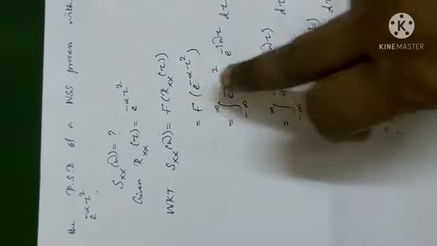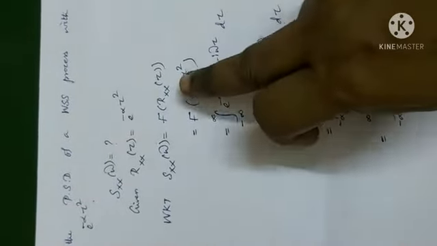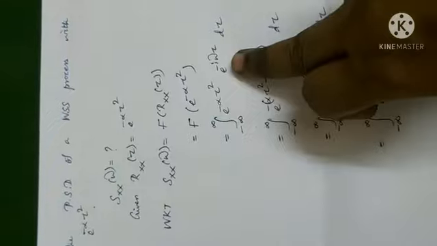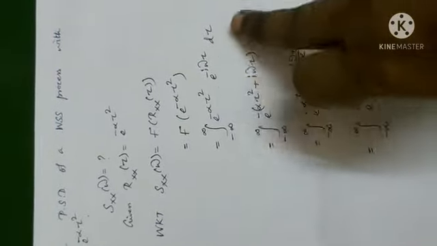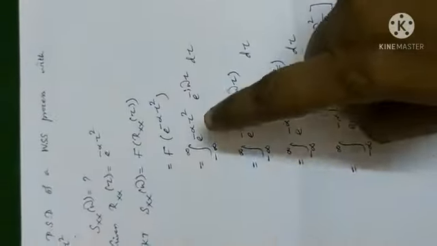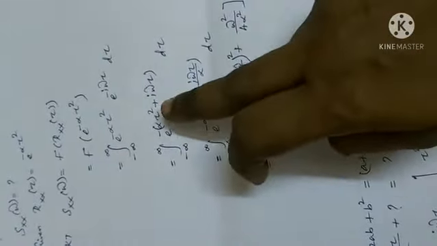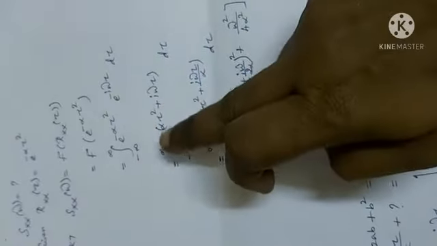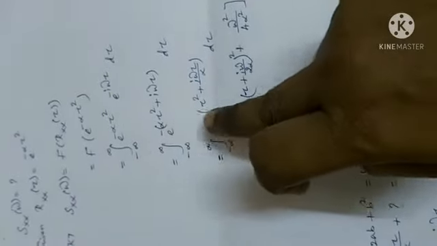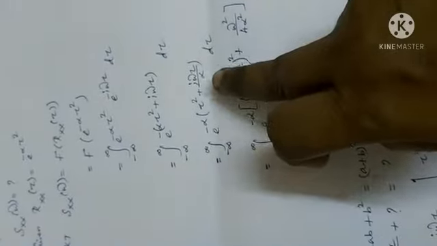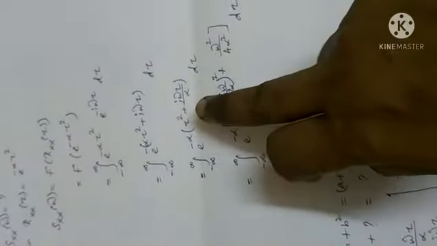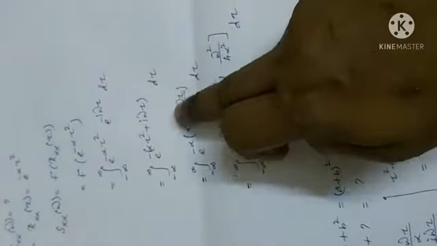So we should go for the integration method: integral of f of t, e power minus i omega t dt. Here t is tau. Now when the base is the same, we add powers, and take alpha, the term, outside, so that it becomes tau square plus i omega tau by alpha, whole thing, into d tau.